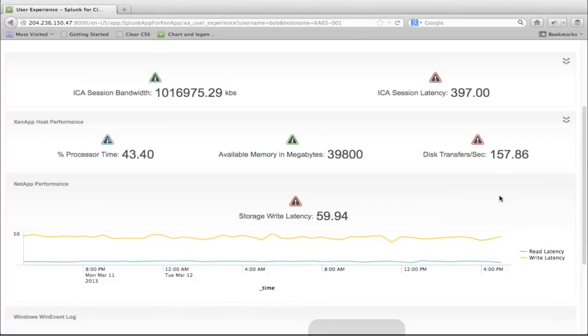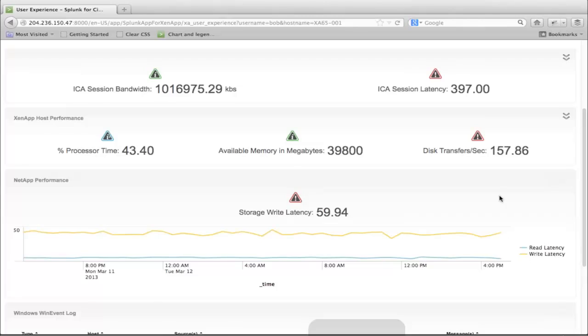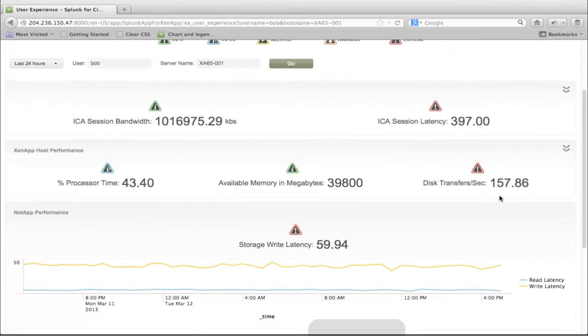because we have NetApp data coming into this Splunk instance as well. We're able to make that correlation. And so there we go. We know what the problem is, and we can go either, if there is a NetApp app that is available from Splunk, it's in beta right now, we could drill down into the NetApp app to do the same thing we did with the hypervisor, or we could just go do our own investigation, call the NetApp storage administrator, maybe one of the controllers is not load balancing correctly or something like that. So we have a problem there. So same problem, different manifestation this time.